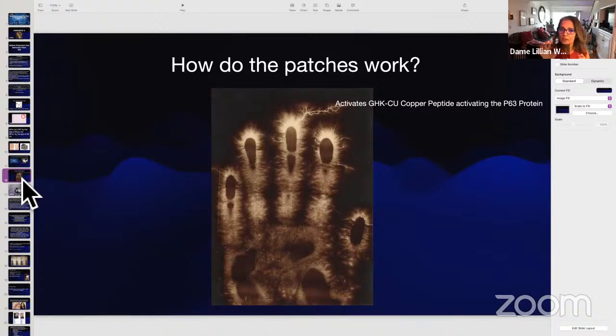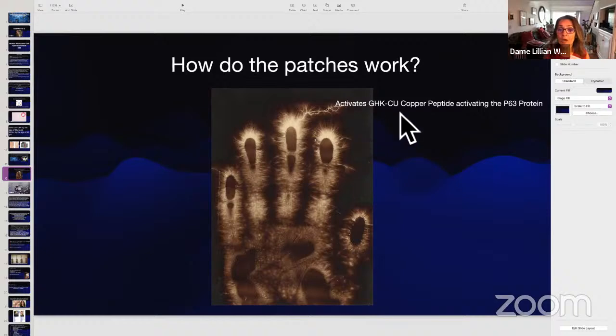The electrolytes, which are just like the electrons, are a packet of light information. Electrolytes are the same thing in your bloodstream. And those units of energy that are infrared light carry information. They have information and they have nutrients that are distributed throughout the entire body. So the way the patches work is that the mother activation patch activates GHK-Cu copper peptide, activating your P63 protein. And the way that happens is that, for example, if I were to look at you with